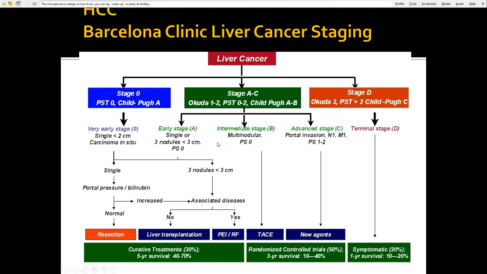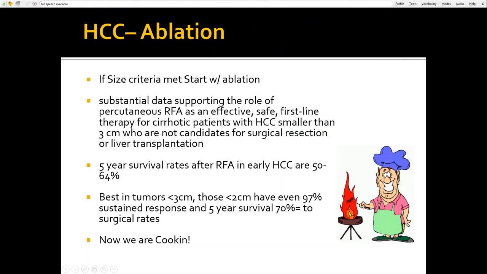So we also use this Barcelona Clinic Liver Cancer staging, a map here to give you a brief idea of where the patient is on this Child-Pugh score, and what might be the best modality to treat that particular patient. So you just look at your patient, come up with the numbers, and this will give you a rough idea of what might be the best way to treat that patient. Sometimes the patient, let's say, is an 85-year-old male with a single tumor that's 2 to 3 centimeters, but